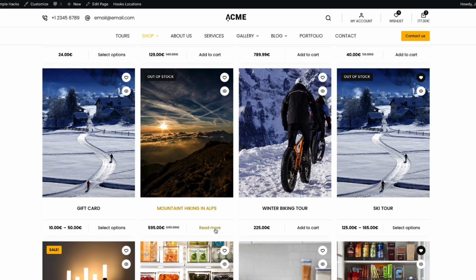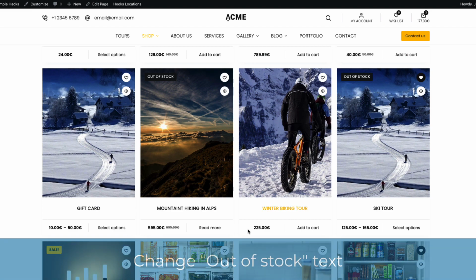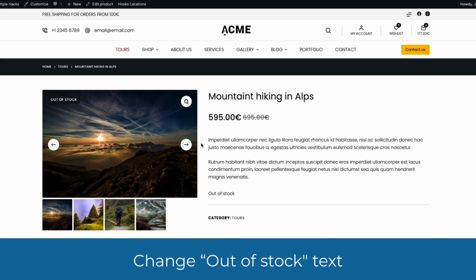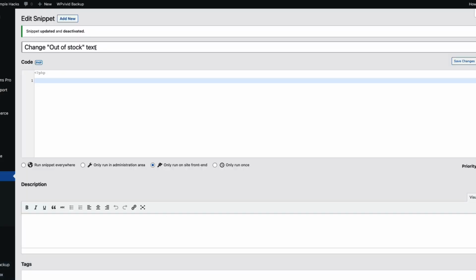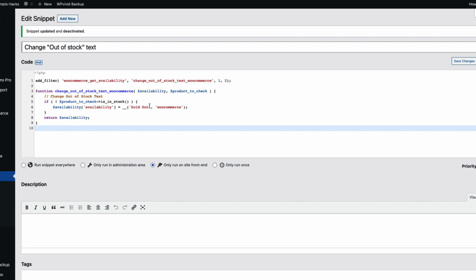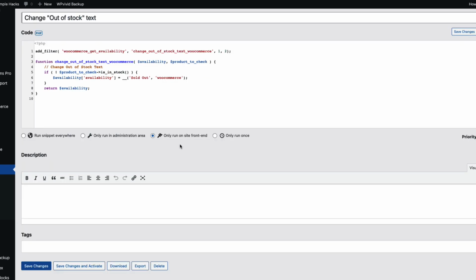Previously I showed you how to rename the text here, but I didn't show you how to rename the text on the single product page. Therefore, let's do that also. Let's go to the snippets, add new, give it the title, paste the snippet, change this text here, run on site front end, save changes and activate,